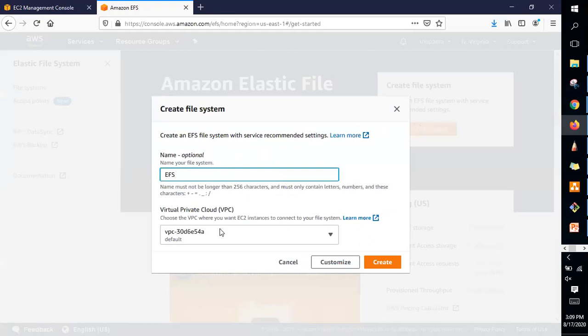And you would be defining a VPC. In the last class I told you that VPC is basically creating a private network in the cloud. As soon as you create your AWS account, AWS creates a default VPC in all regions. We are using this default VPC and we will create a custom VPC in the coming sessions, because the VPC topic itself is a project. Now, instead of creating directly, let's customize it because there are a lot of options which I need to disable.